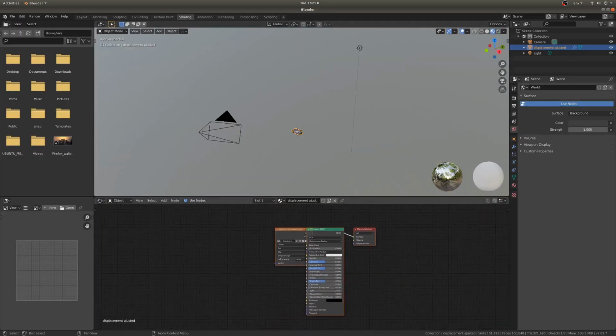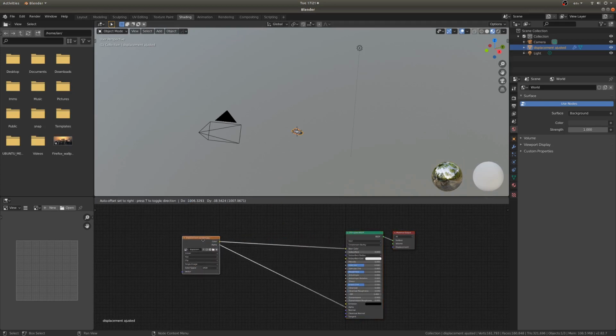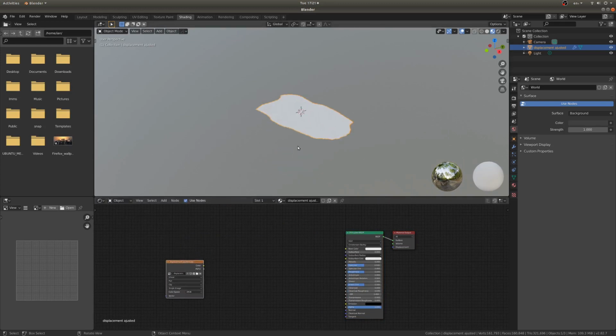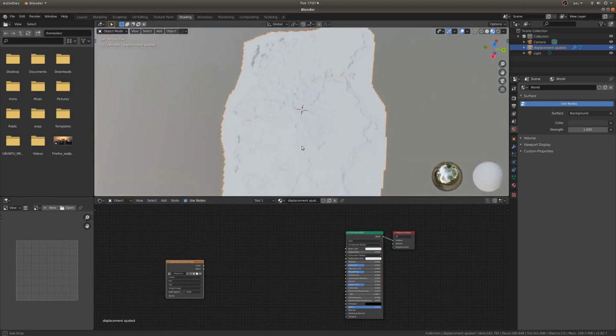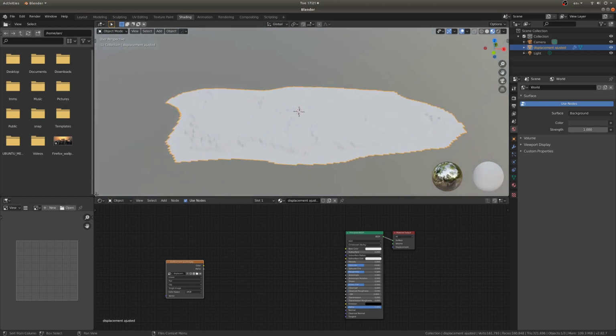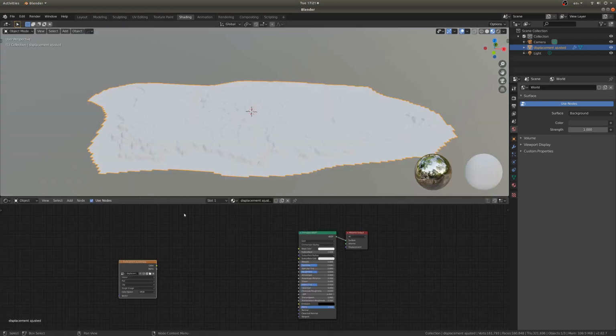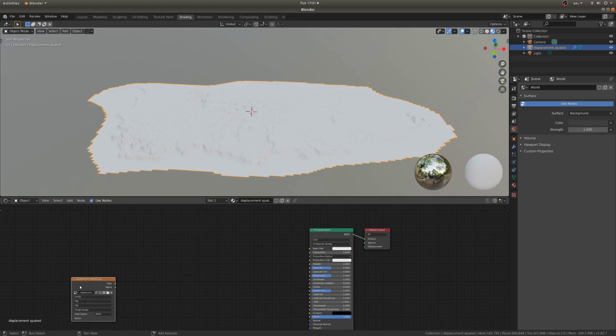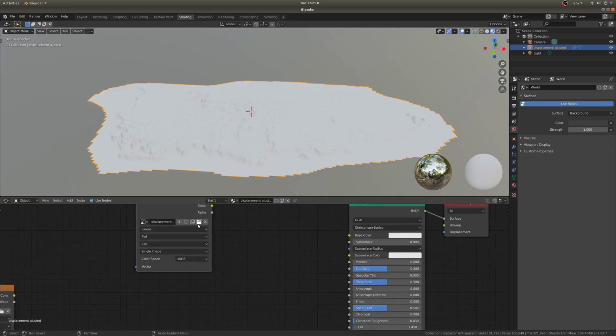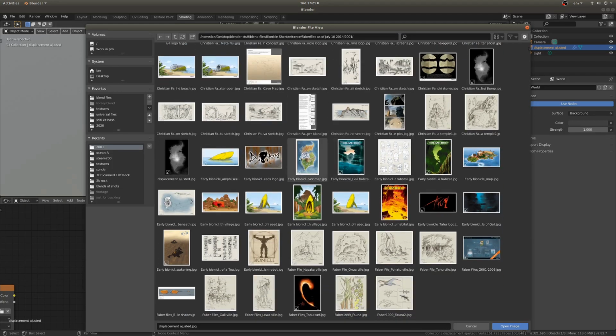Let's fix this by going into shading and we don't need this at the moment, so let's just hit Control and then right click and drag a line through those. If we zoom in here, period on the number pad, we can actually see what we're working with. And we really don't need these windows, they're just kind of getting in the way. I'm going to duplicate this real quick with Shift D